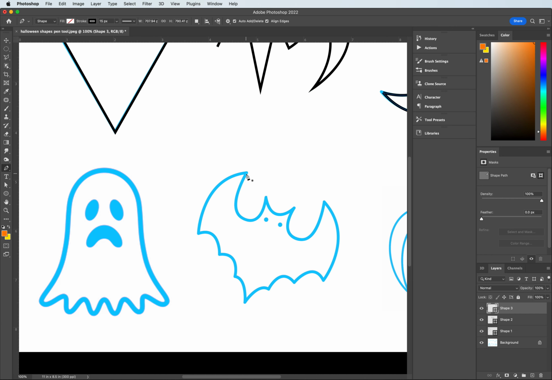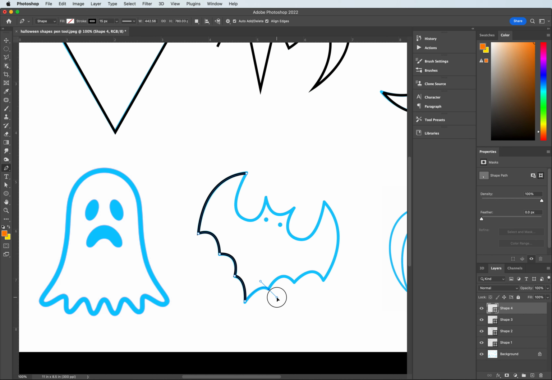And I'm going to start at the wing of the bat. I click a point, and this time I'm going to go down to the left. If I click and drag and create out the curve shape, hold down Alt or Option, click a point, move down to the next point. Click and drag just to match these curves. So all I'm going to do is hold down Alt or Option, click and drag, matching the curve as best possible, cutting off the handle that extends from the anchor point,